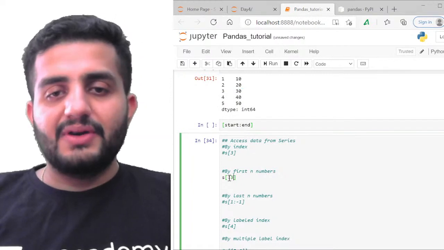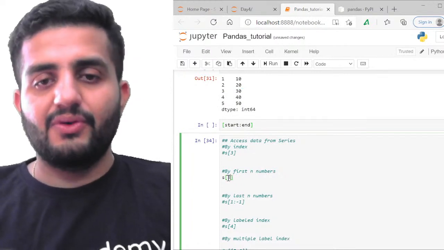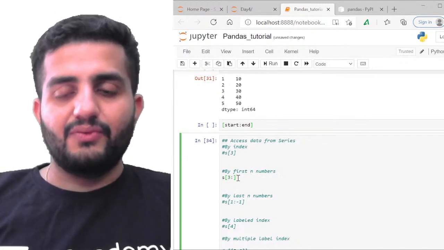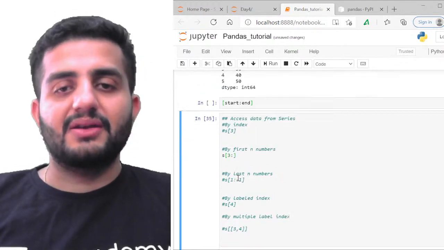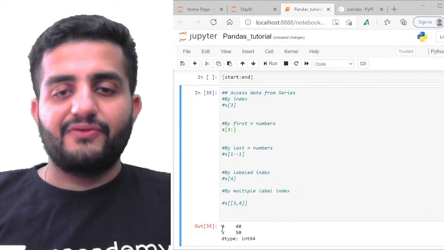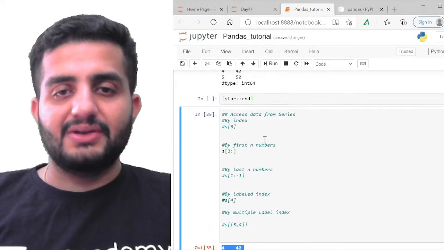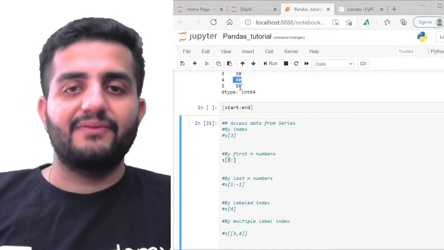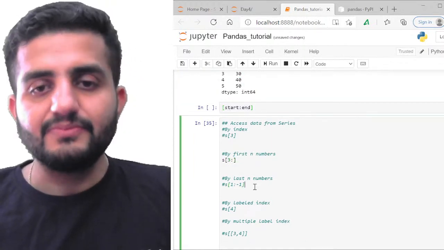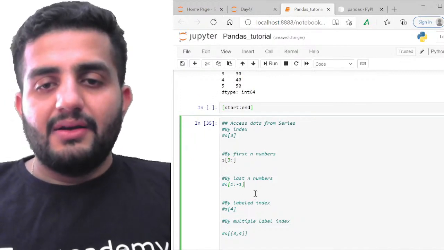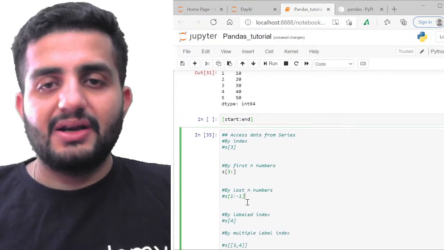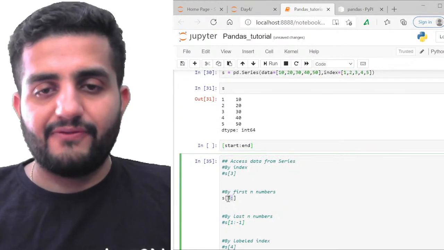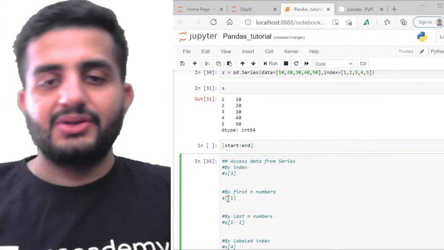So if I do a reverse like this, suppose I do s of 3 colon, so basically I'm saying that starting from 3 till the end value, whatever variable it is ending. So if I do this, I'll get 3, 4 and 5. Starting from 3, basically it takes n plus 1, so third index plus 1. So it's like 40 and 50 is what I'll be getting here. Right. Okay. And indexing, you know this, you have to access the last element as -1. So if we do say s of -1, you'll get the last element.